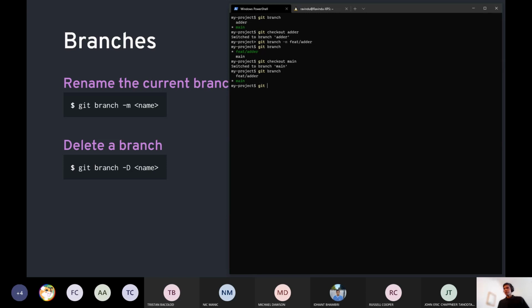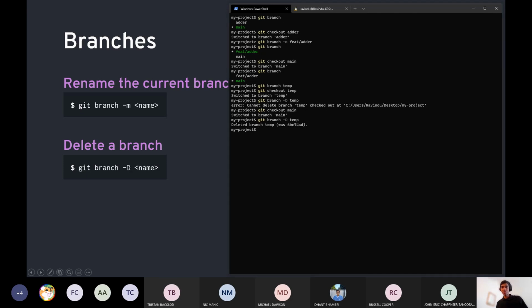If I make a branch, so git branch temp, and maybe I want to do some experimentation on this branch, so I do git checkout temp and do whatever I want here. But if I decide that I don't really want this branch after all, and the changes that I made were for nothing, I could git branch -d temp. But bear in mind that you should be off the branch that you want to delete. So in this case, I'm going to have to git checkout main, and then git branch -d temp to delete the temp branch. So just a bit on actually deleting branches.